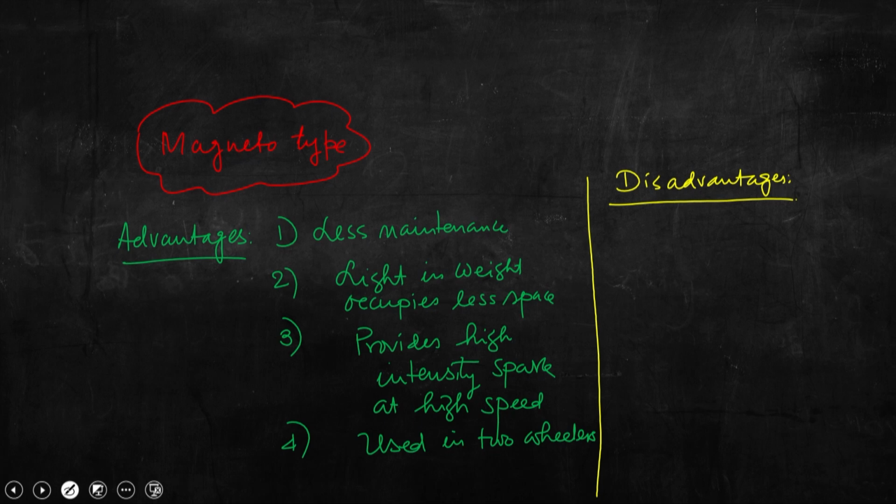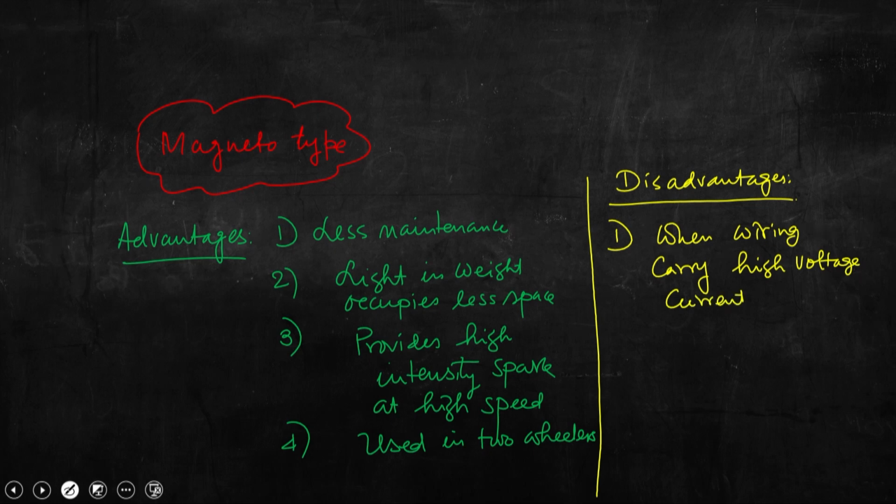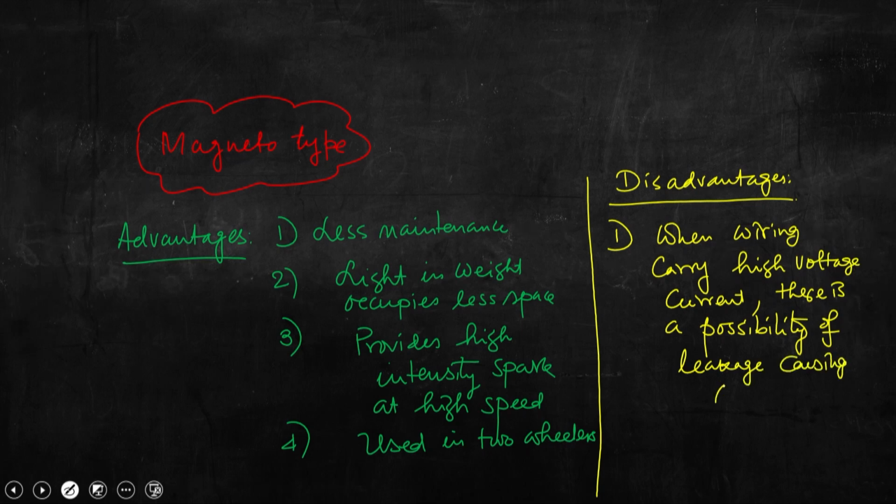So, when the current flows, when wiring carries high voltage current, there is a possibility of leakage, thus causing misfiring. So, this is number 1,